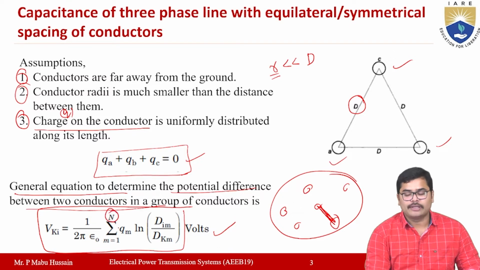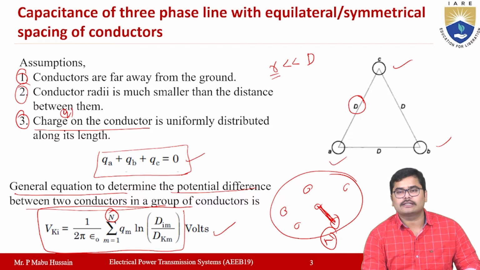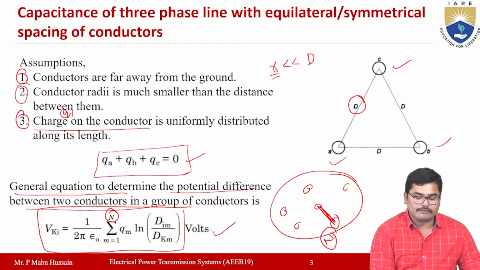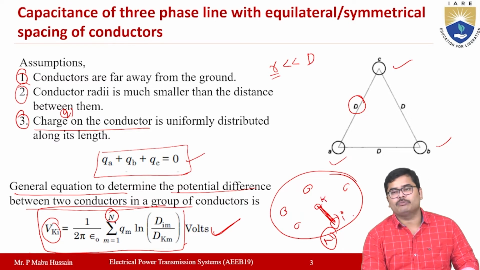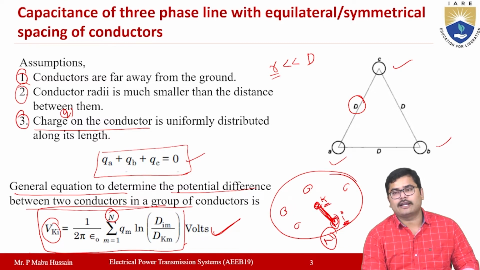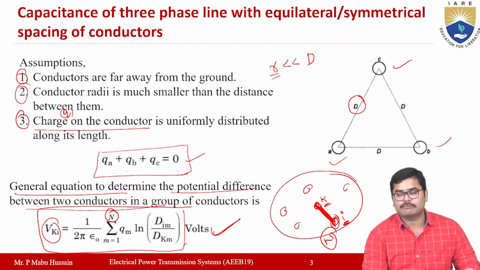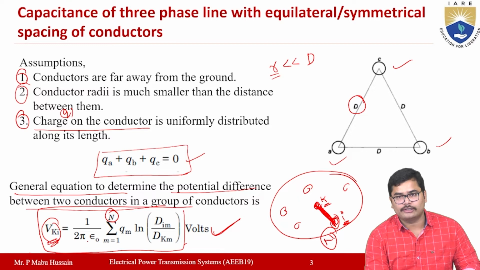Here capital N represents the number of conductors in the group. If you have n conductors in a group, then the potential difference between any two conductors in that group is represented by this equation. The equation is VKI. Here K and I are the conductors between which we calculate the potential difference. This conductor we call K, this conductor we call I. Now we find the potential difference between K and I in this group of n conductors. The value of VKI is equal to 1 by 2 pi epsilon naught times the summation